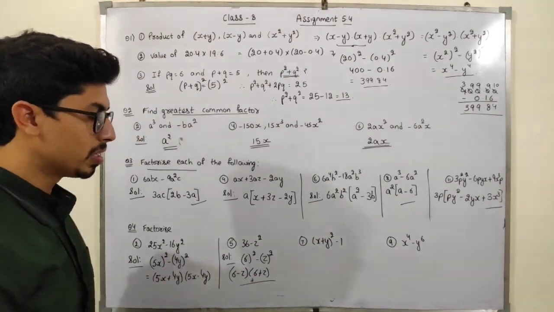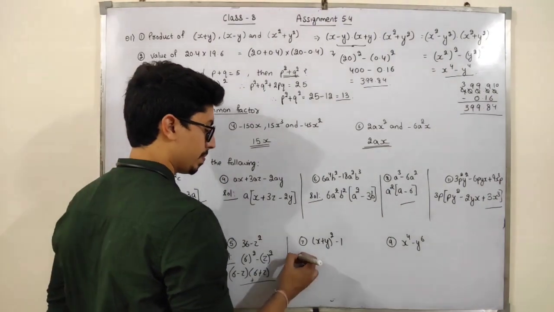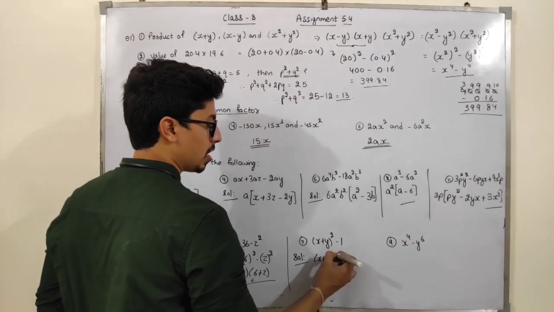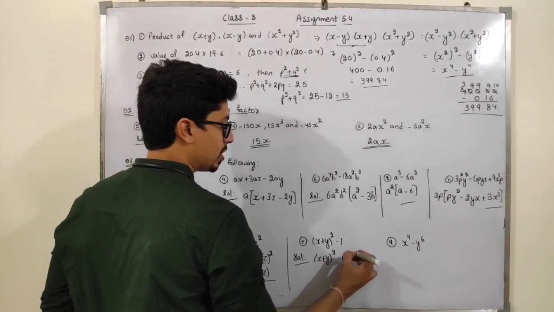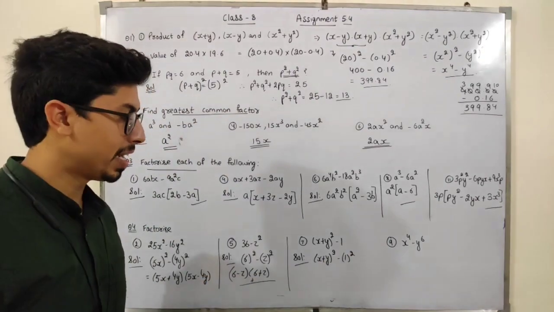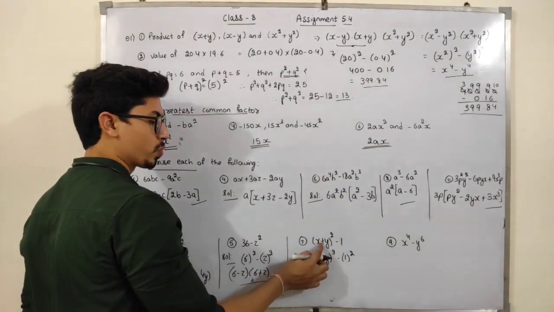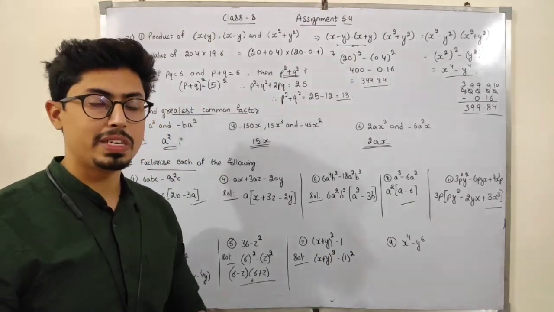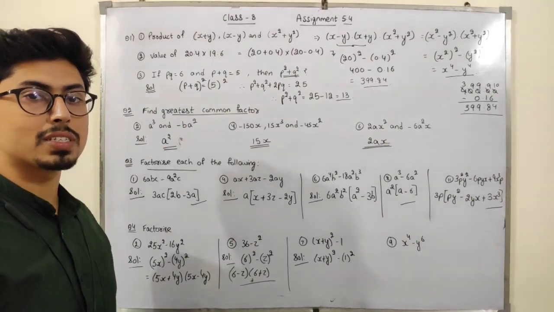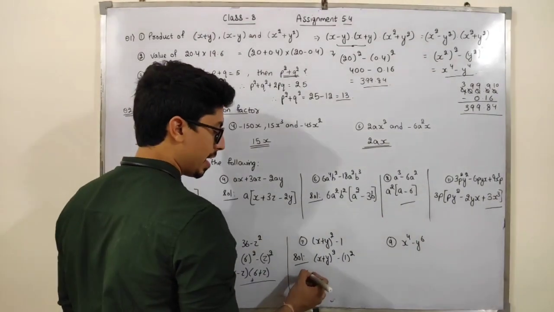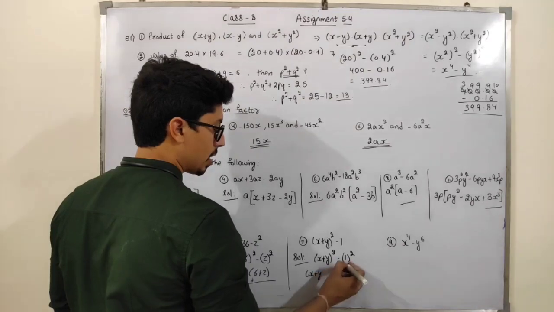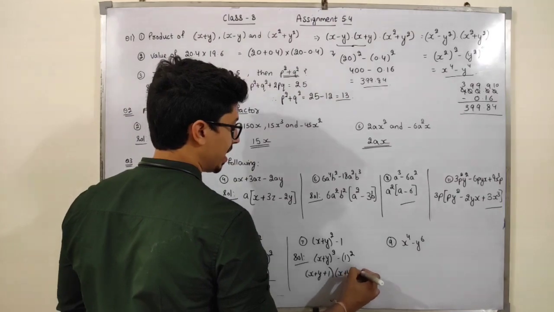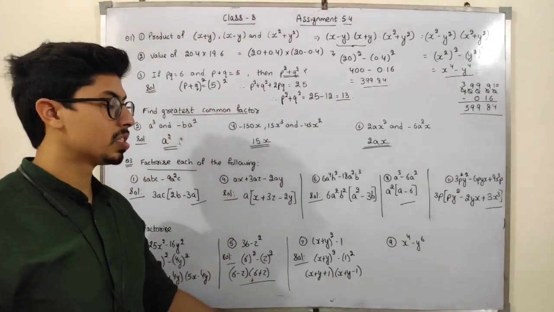Now in the 7th part, students, x plus y whole square as it is. Now students, I can write 1 as 1 square. So now I can use a square minus b square. I can use the formula, students. That is a plus b and a minus b. See, a is x plus y. So a plus b and a minus b I can use. So this is our required answer.